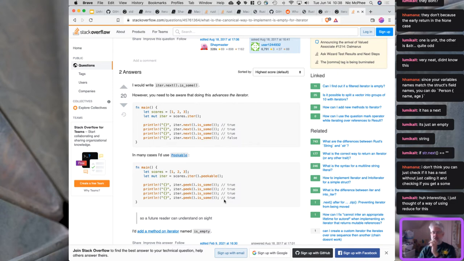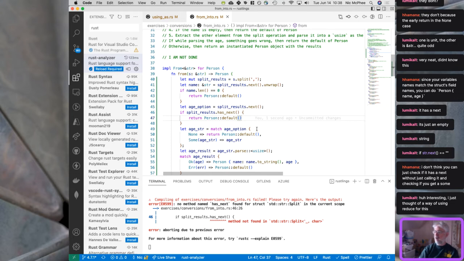Let's finish this version, but then that might be a good thing to come back to, because man, I certainly think what I've got going here is ugliness. So we would call next, and we would say is some. We put a bang in front of all that. So if split results is not a some, if it's a none,